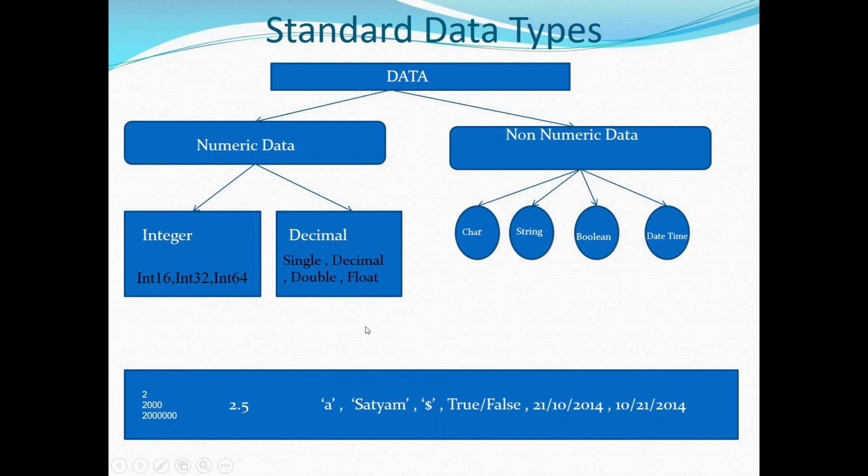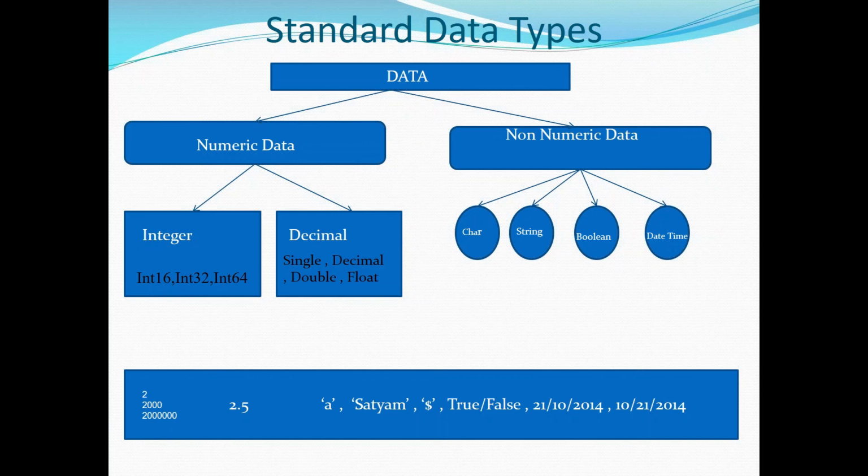And next, decimal. When it comes to decimal, again, small decimal, smallest decimal, big decimal, biggest decimal. In C, C++ and Java, it can be any type of decimal. In all the cases, you should define it as float. Whether it is a special floating number or floating number, small or smallest or big or biggest, you should define it as only float, because there is only one option available to support decimal values, that is float. Once you define it as float, in all the cases, the maximum amount of memory will be allocated.